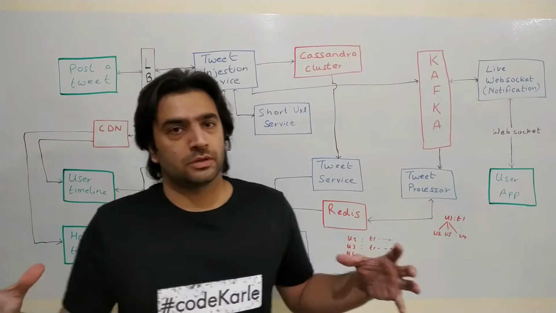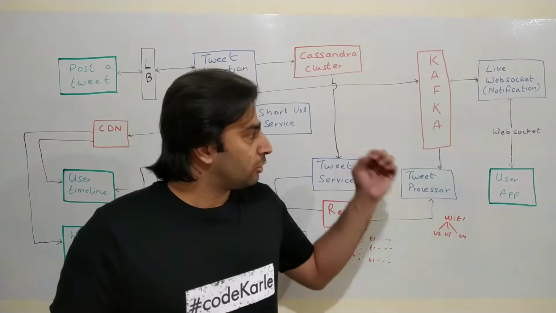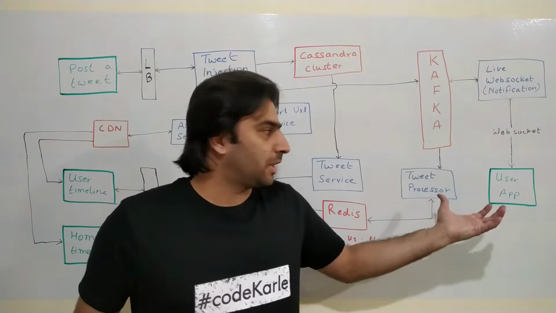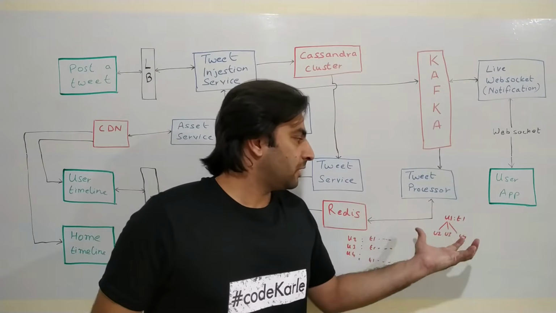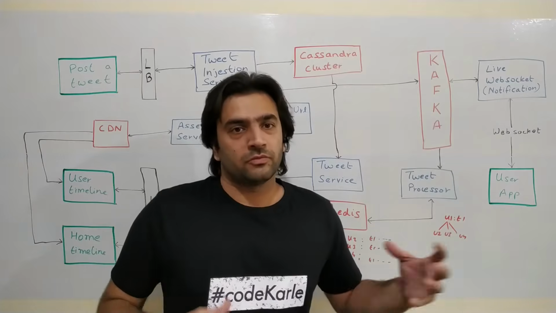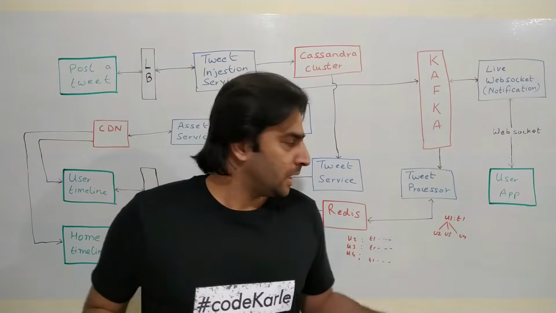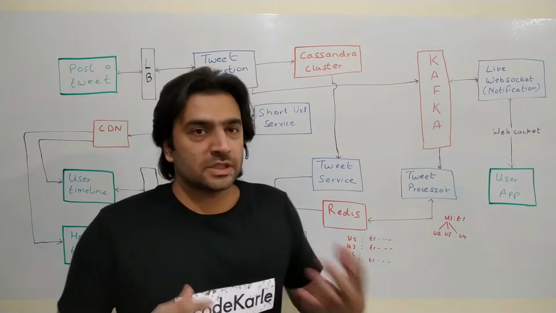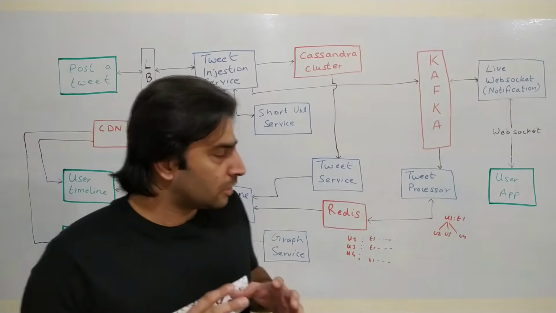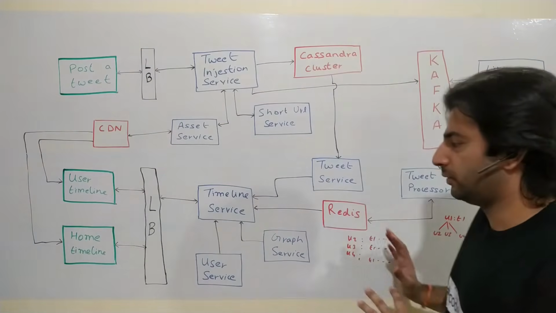Similarly, there are a lot of users posting tweets, right? So all the tweets are coming here. This service is identifying all the followers and the whole of that mapping, and then updating all of the people's timelines. Okay. So this is basically how we are trying to do it.